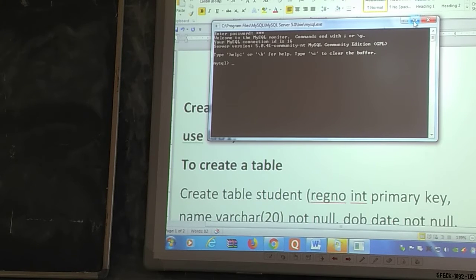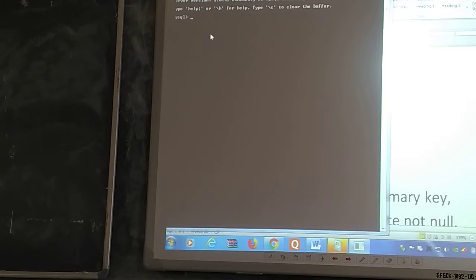Hello everyone. In this session, we will see how to create a database. Within that database, how to create a table. In that table, insertion of data, altering the table, displaying the data, changing the data type of a variable. Here, in order to perform all these operations, we are using SQL Server.